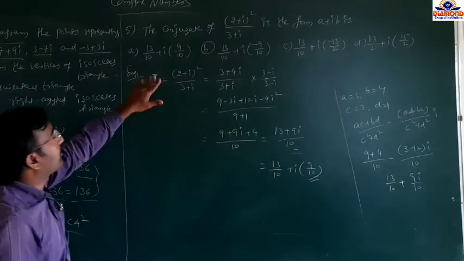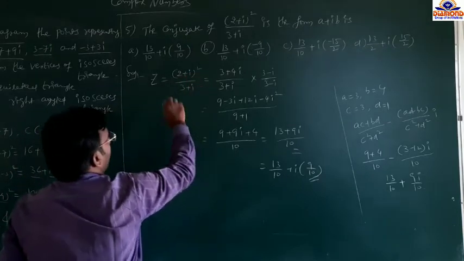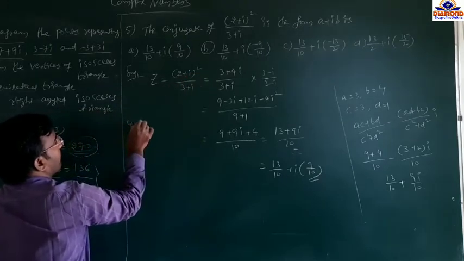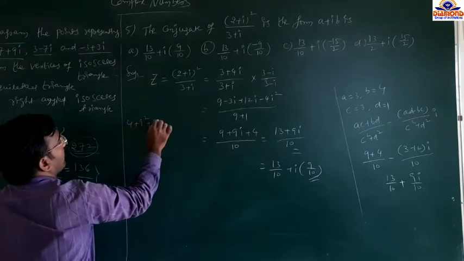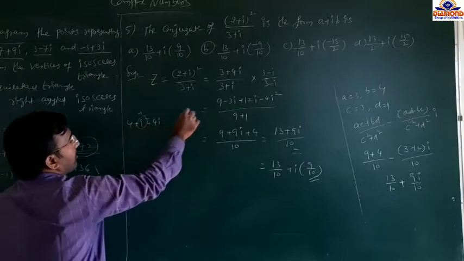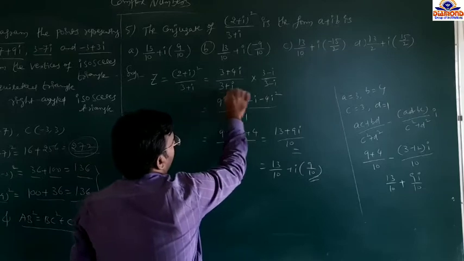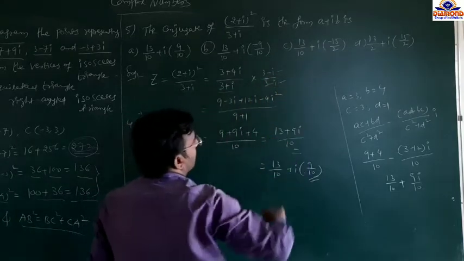So you can take the given complex number as Z. 2 plus i whole square equals what? a plus b whole square: 2 square is 4, plus i square, plus 2ab is 4i. So i square value is minus 1. That's why you write 3 plus 4i. So 3 plus 4i by 3 plus i. The denominator's rationalizing term for 3 plus i is 3 minus i. So 3 minus i by 3 minus i.